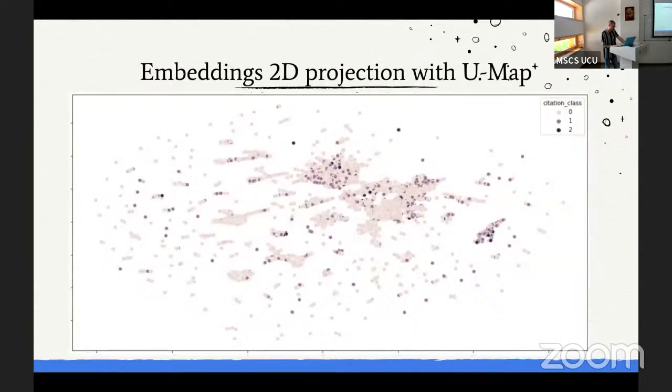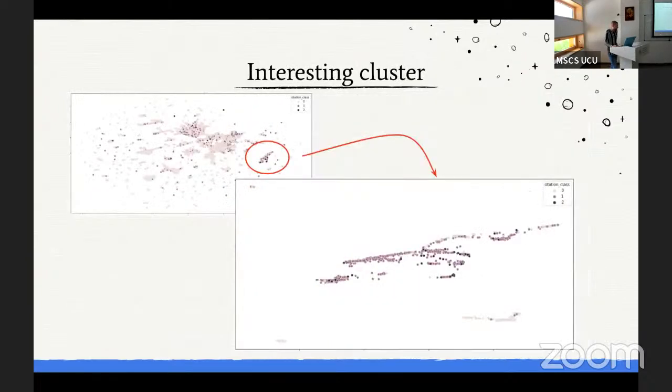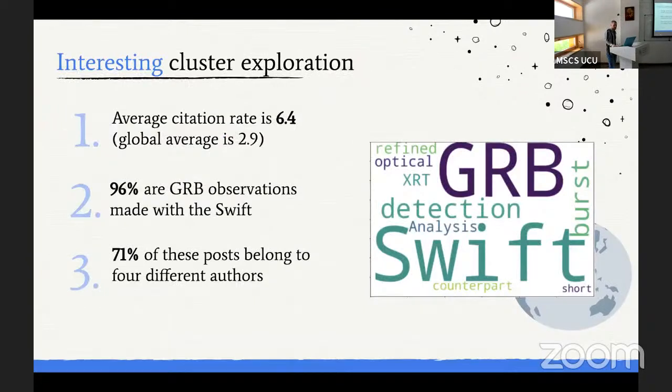256. The first thing we did with the embeddings is that we projected them onto a 2D space. In the ideal scenario, we wanted to see perfectly separated clusters of interesting and not interesting telegrams, but of course it didn't happen. However, we noticed some interesting clusters, and by closer inspection of these clusters, we also drew some